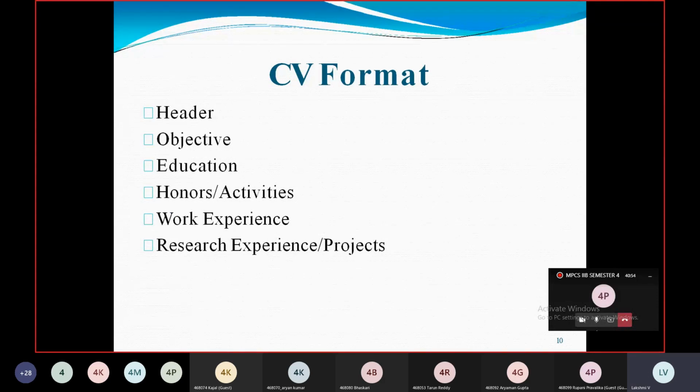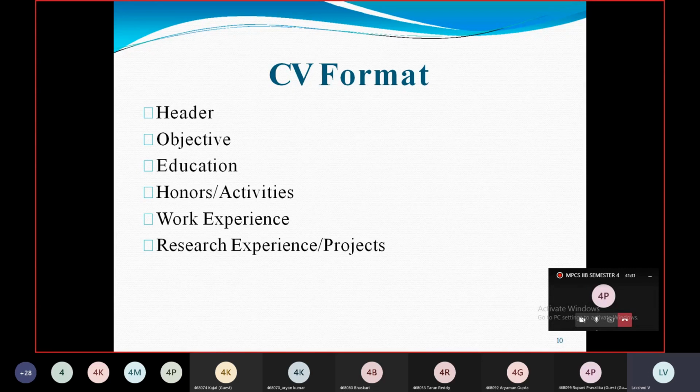Your header is nothing but your personal profile. In the personal profile, you need not mention your date of birth, the area where you are staying, with whom you are residing, or whether you are married or not. All this is immaterial over there. Here you have to write your name, then your mail ID, your mobile number, and if there is a possibility, you can give the postal address of your residence. So this information is mandatory, the others are not necessary. Nobody would like to know more about your personal information.